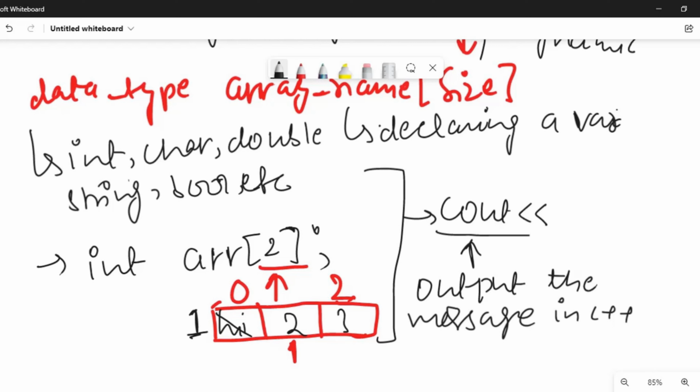So inside cout, these are the operators which we use with cout. I'll write cout, then the name of the array, that is arr here, and then 3. If I do this, I'm going to get an error. Why am I going to get an error?